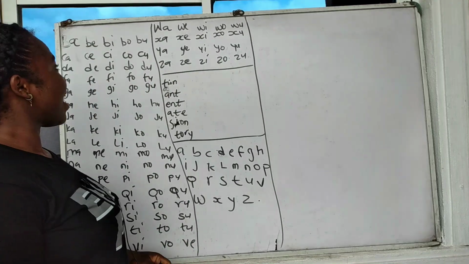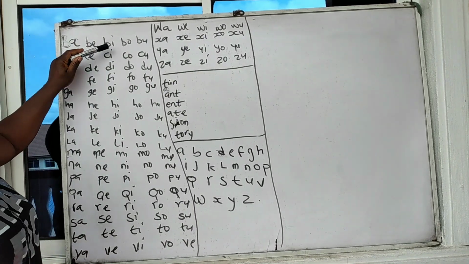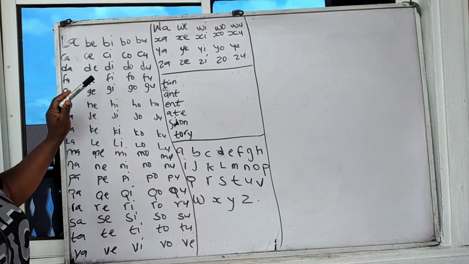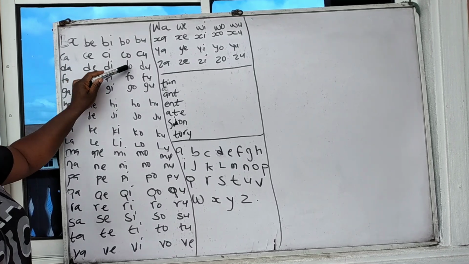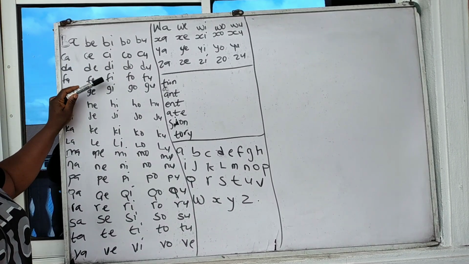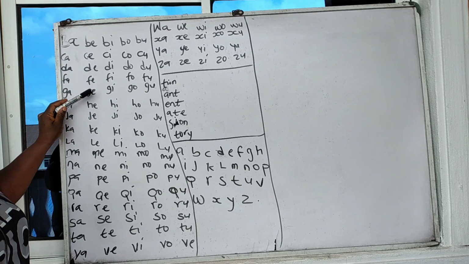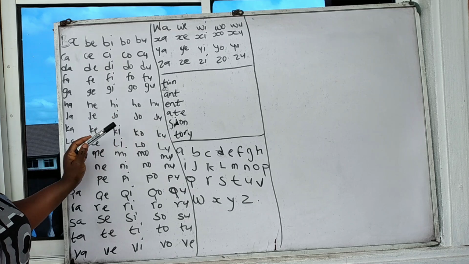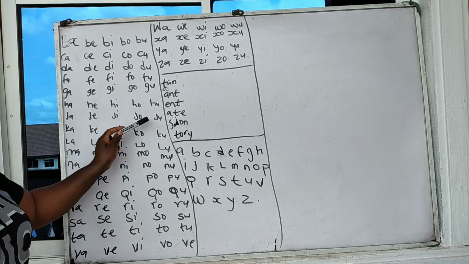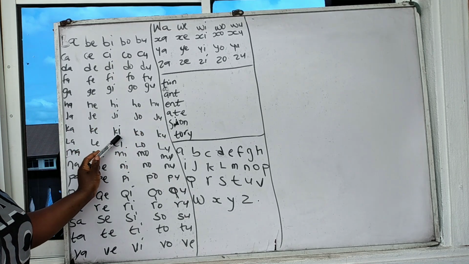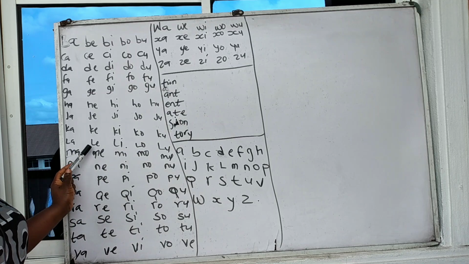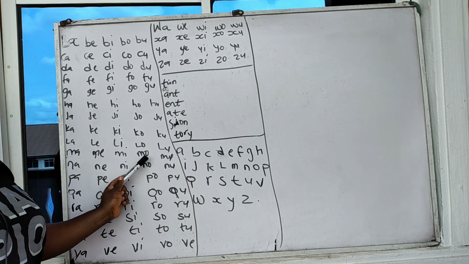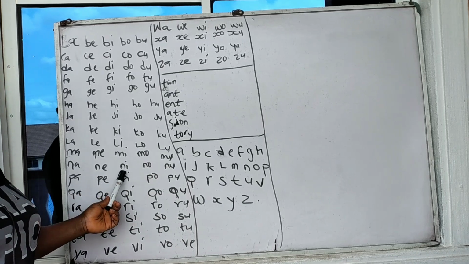So let's go. I have the ba, be, bi, bo, bu, ka, se, si, ko, ku, da, de, di, do, du, fa, fe, fi, fo, fu, ga, ge, gi, go, gu, ha, he, hi, ho, hu, ja, je, ji, jo, ju, ka, ke, ki, ko, ku, la, le, li, lo, lu, ma, me, mi, mo, mu, na, ne, ni, no,